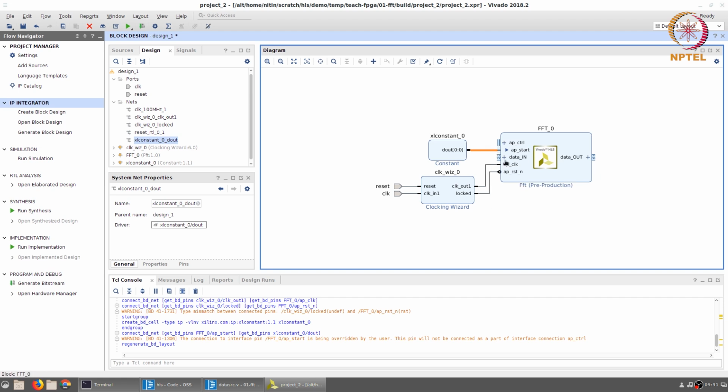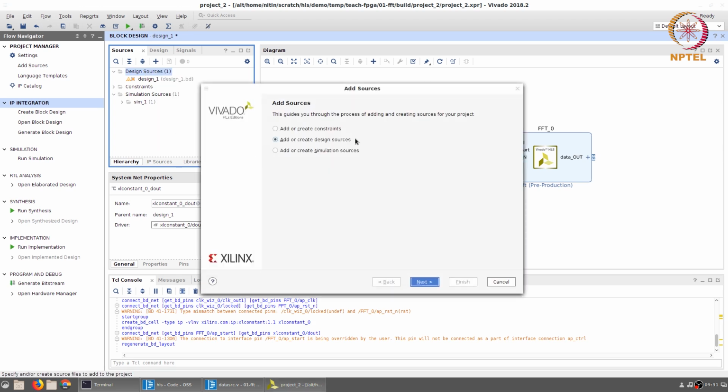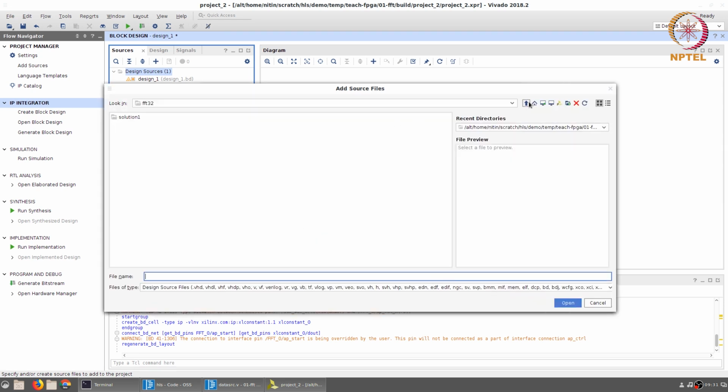Alright, now I have data in and data out to be taken care of. For doing this, we are going to use the data source module that I just showed you briefly earlier. The way to do that would be to first go here to sources, click on design sources, right click and add source, add or create design sources, and we are going to add 3 files over here.